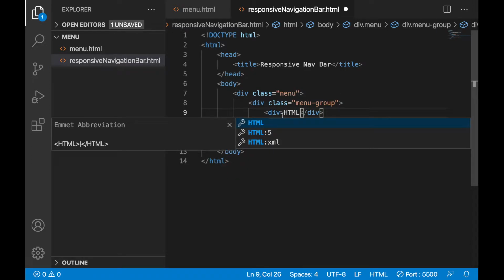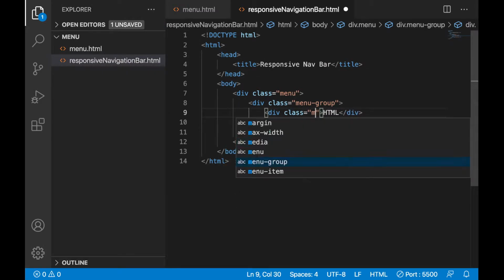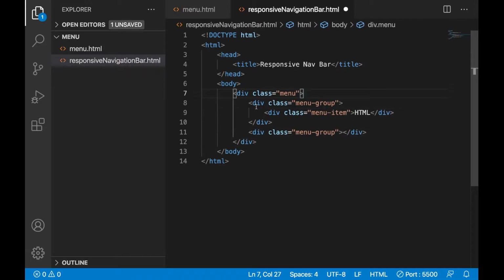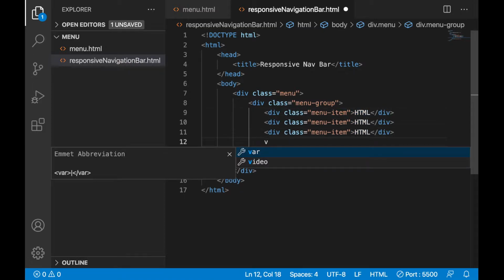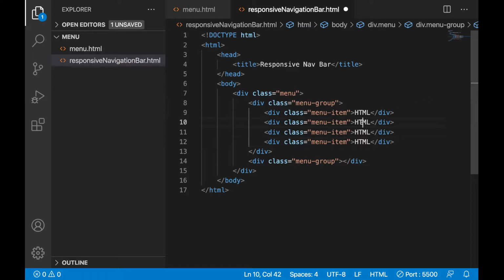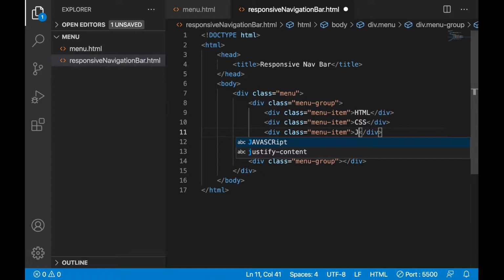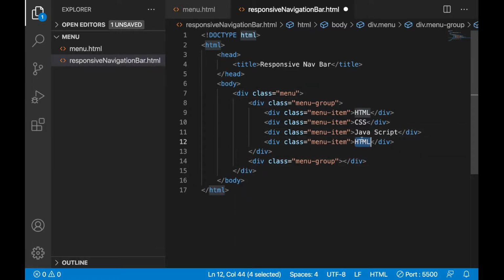Here let's add some class name also, menu item. Let's copy this one and paste it here. Let's change the menu item name, JavaScript. Here let's write Angular.